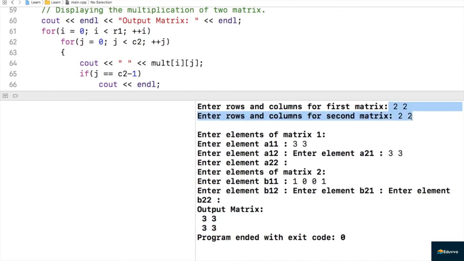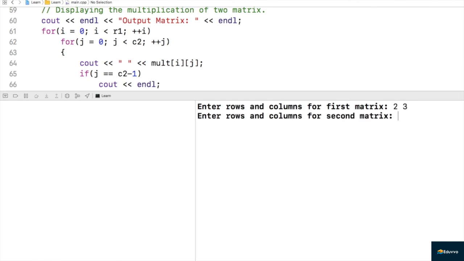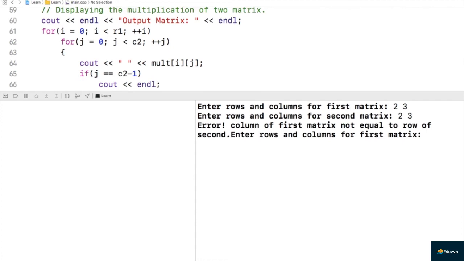So this is working. And if I rerun and show you, I'll give the first matrix dimensions as 2, 3 and the second matrix dimensions also 2, 3. Matrices cannot be multiplied because the number of columns of the first matrix should be equal to the number of rows of the second matrix. If I run this, then I got an error message that columns of the first matrix not equal to rows of the second matrix. So that's how the program should verify whether the matrices can be multiplied or not. So the matrices can be multiplied if the number of columns of the first matrix is equal to the number of rows of the second matrix. And if the valid dimensions are given, then it should